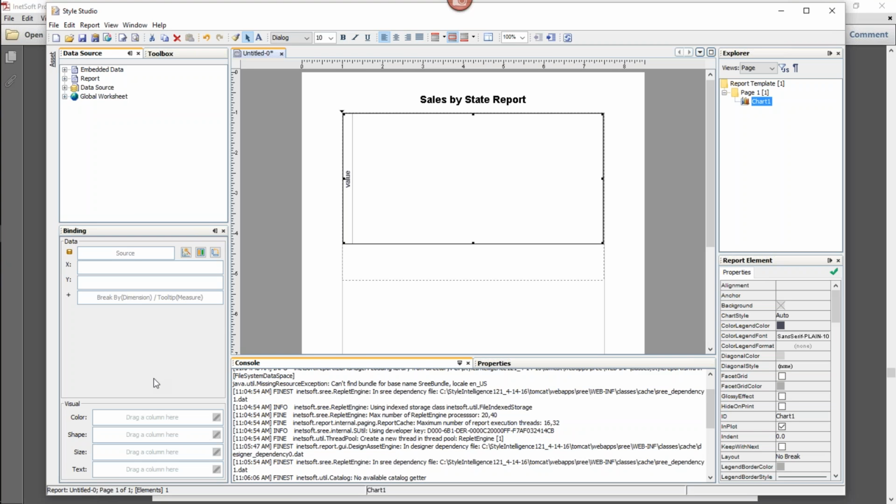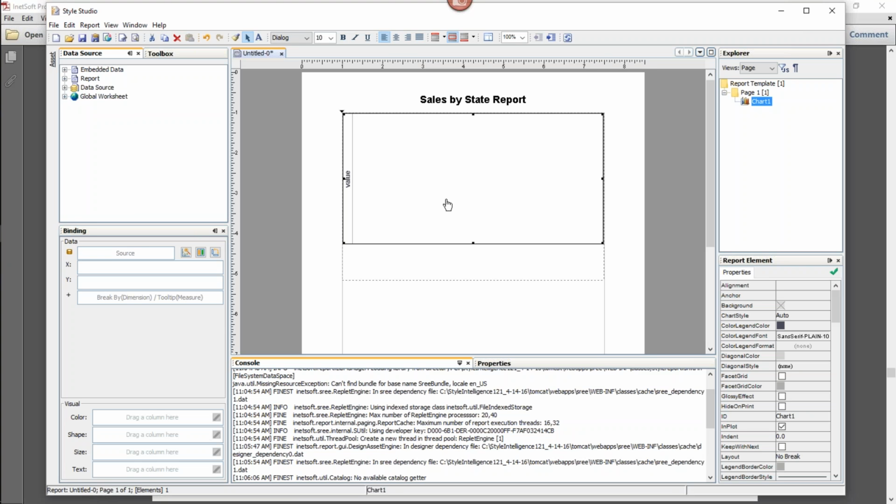The one difference is that when you're designing a dashboard, which again is what we've done for most of these webinars, a dashboard has a single data source that's associated with the dashboard as a whole, right? So when you create a new view sheet, you base that view sheet or dashboard on a particular data source, right? It might be a data model, or a query, or a database table, but it's a single data source that provides data to the whole dashboard. In reports, it's different. In reports, every element in the report can have its own data source.